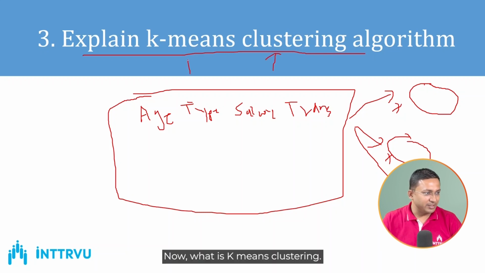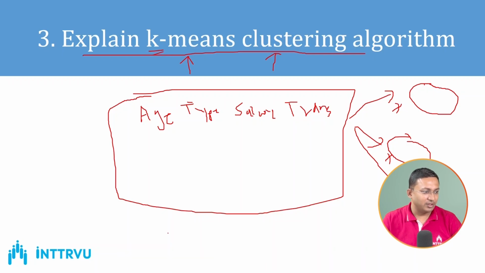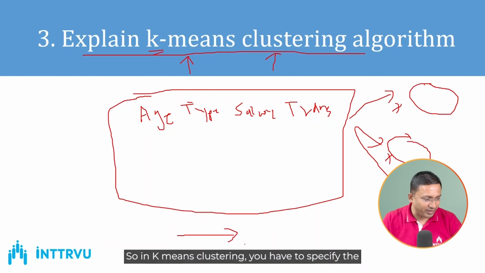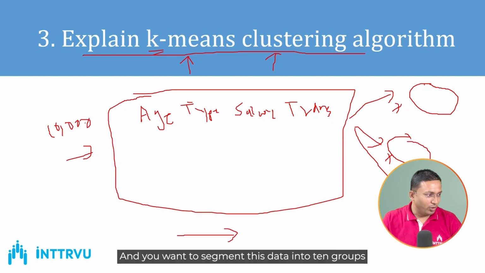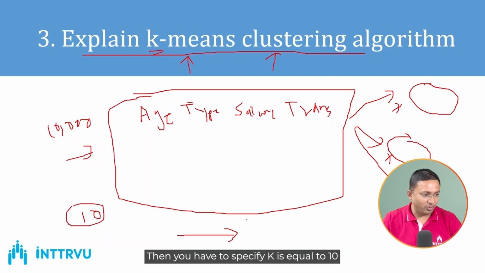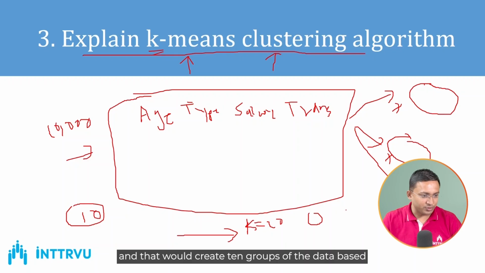Now what is k-means clustering? In k-means clustering, k stands for the number of clusters. So in k-means clustering, you have to specify the number of clusters that you want. Let's say that your data consists of 10,000 customers and you want to segment this data into 10 groups where every group would have similar customers. Then you have to specify k is equal to 10 and that would create 10 groups of the data based